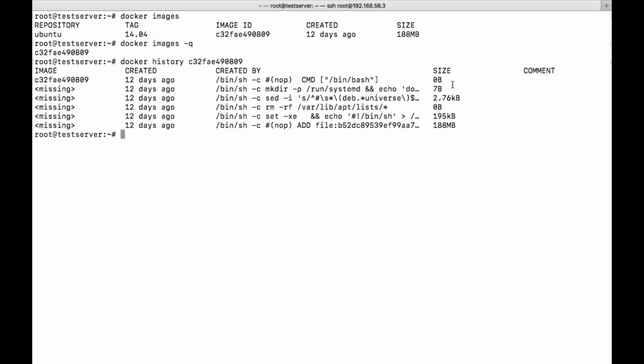These layers are nothing but read-only layers. You cannot modify these layers. We are using this image to create a container, so obviously you cannot change these particular layers or change the data. So these are called read-only layers. When you create a container, there will be a layer created on top of it. Okay, just a second, I'll show you that.